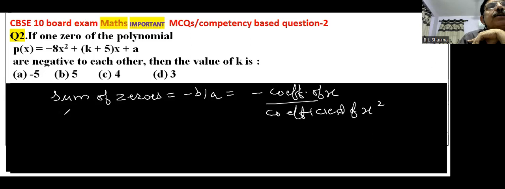So एक जीरो हमने प्लस अल्फा लिया, दूसरा इसका नेगेटिव हो गया because it is given that the both zeros are negative of each other,